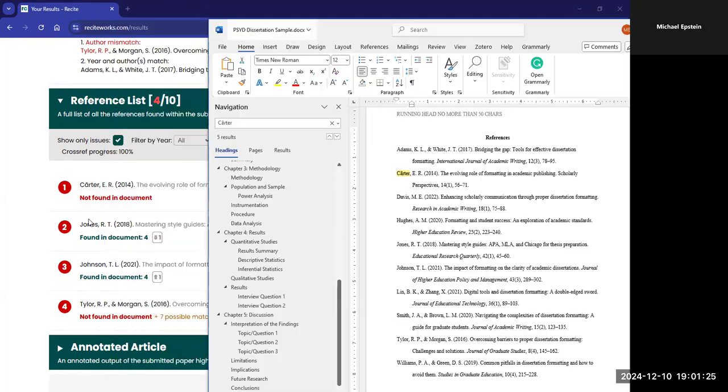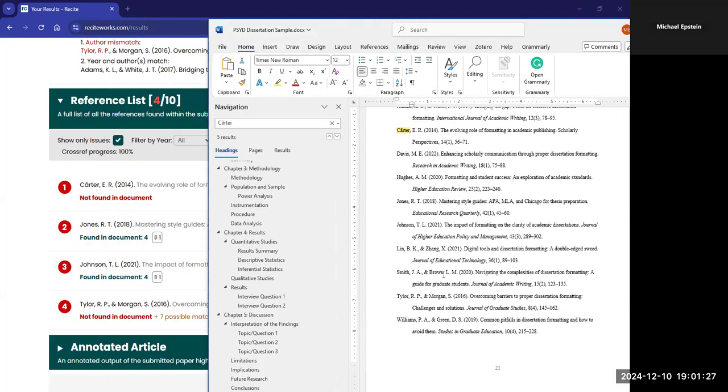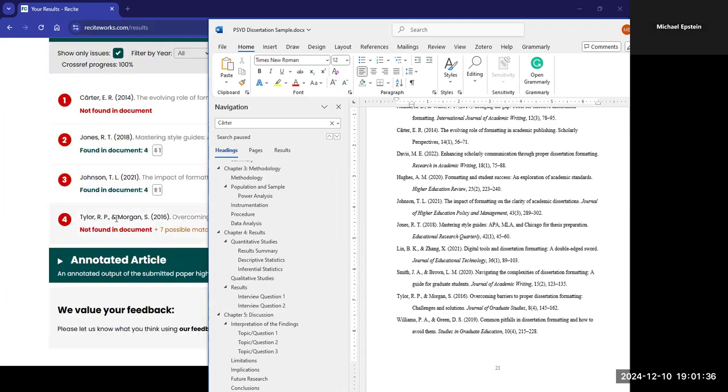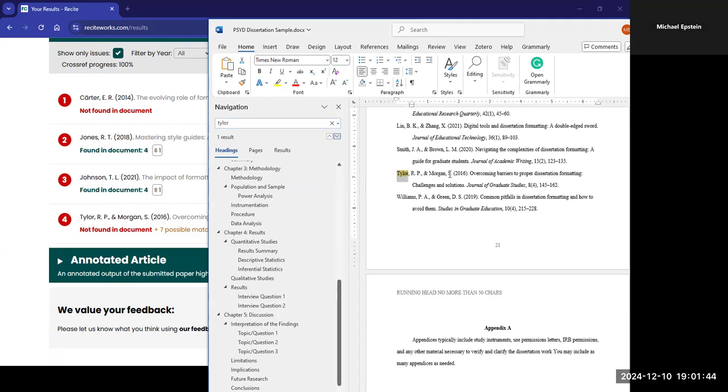If I look at the next error, there's Jones and Johnson are out of order, so I can take Johnson and paste it, and now it appears over Jones. That's good. And then the last one is this Tyler Morgan. That looks like it might be a misspelling, so let's see. Probably there's nobody named Tyler except for this one. But if I search Morgan here,